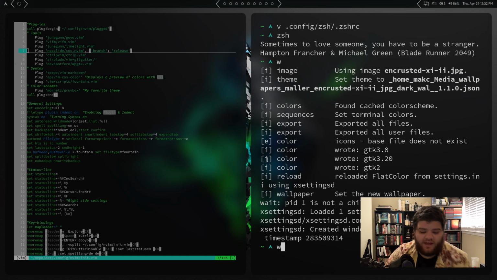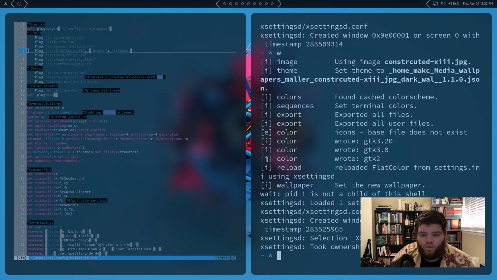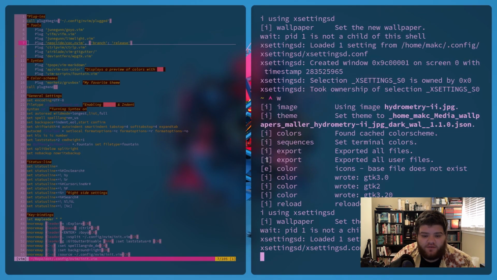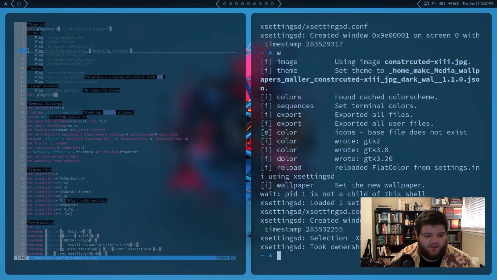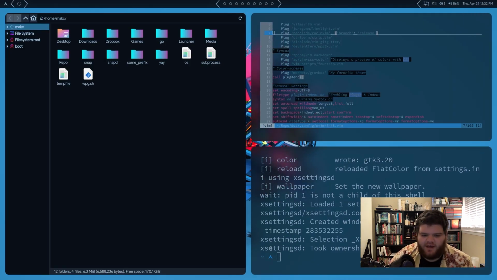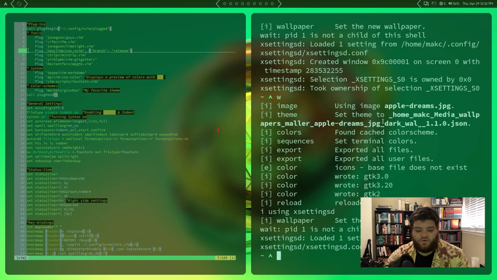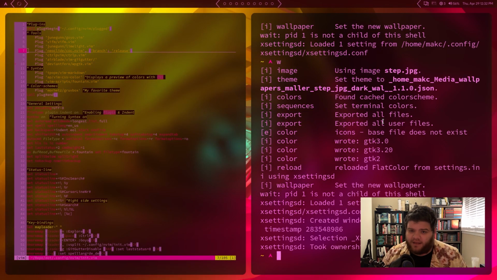And so now we've got just about everything I could want set using this color scheme generator. Polybar is working, Vim is over here working, my terminals are working. If I run Dmenu, it's working. If I open up any GTK apps, they're automatically working. So this is cool. This is about as much as I could ask for,